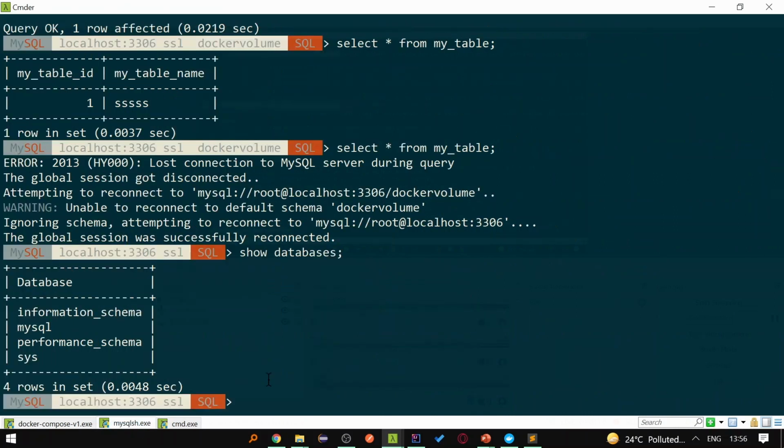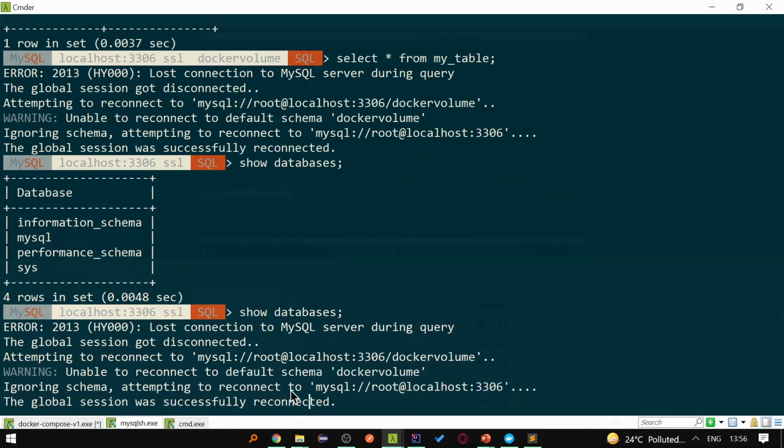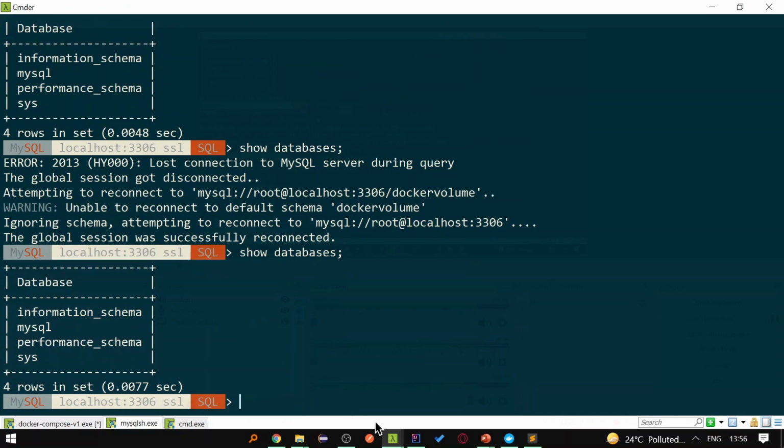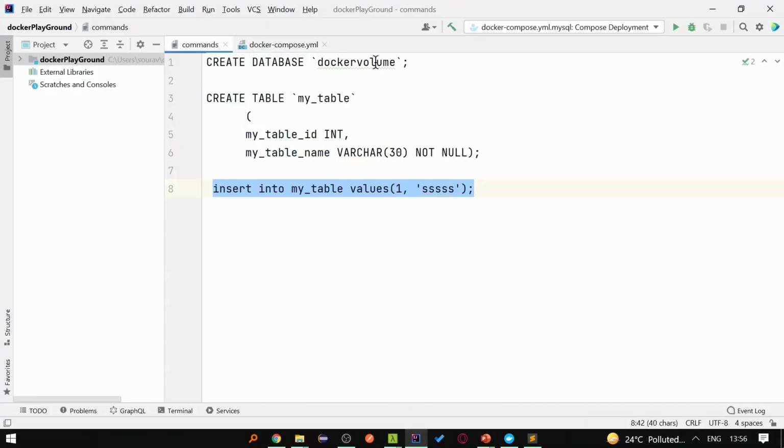Let's go to the other tab and connect to the database. We are connected to the MySQL container. Now let's run the show databases command, and here you can see we have this many databases. Now let's create the database called docker volume.